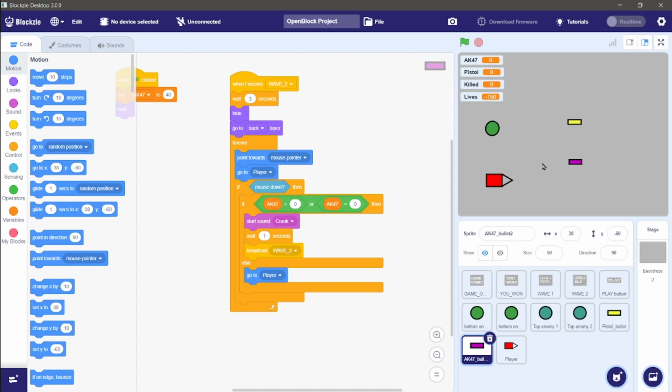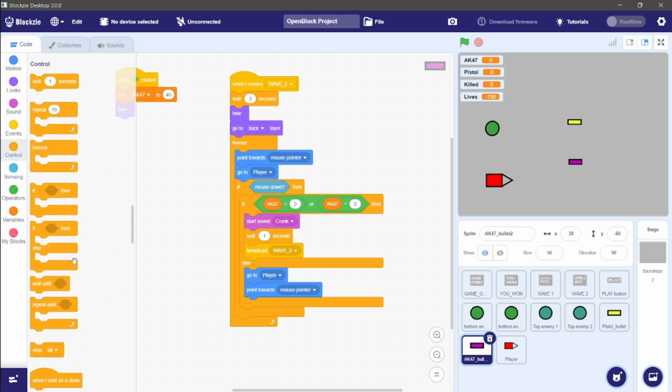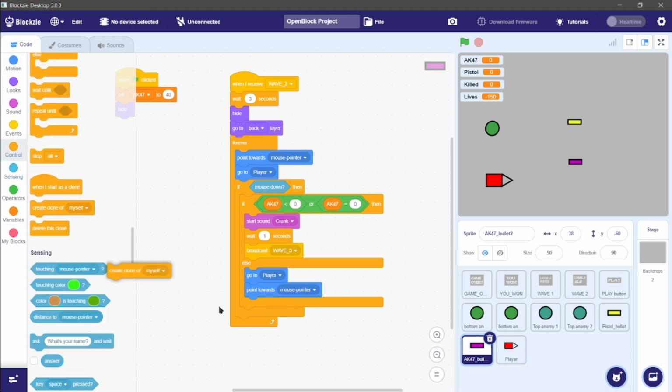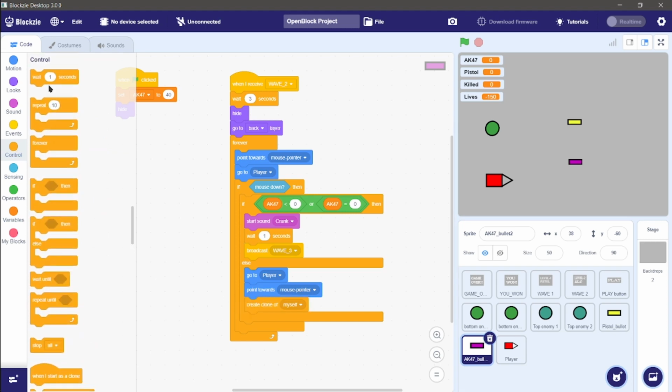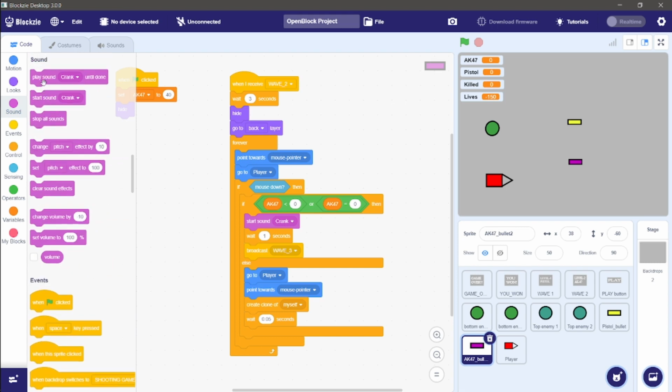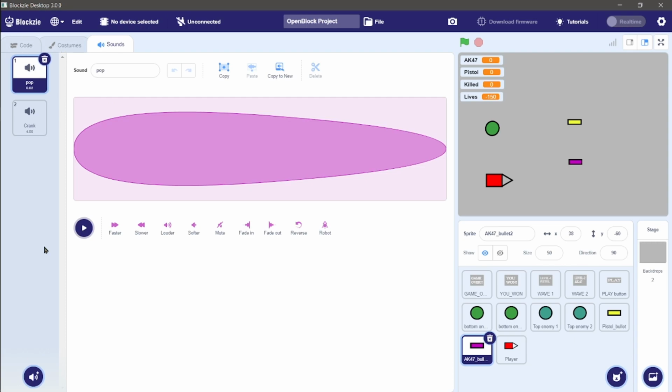Okay, so this is the condition which we are going to add using code, and it will point towards the mouse pointer. It will create its own clone, create clone of itself. After that, it will wait for some minor seconds, let us say 0.05, and it will start a sound of touching the player,